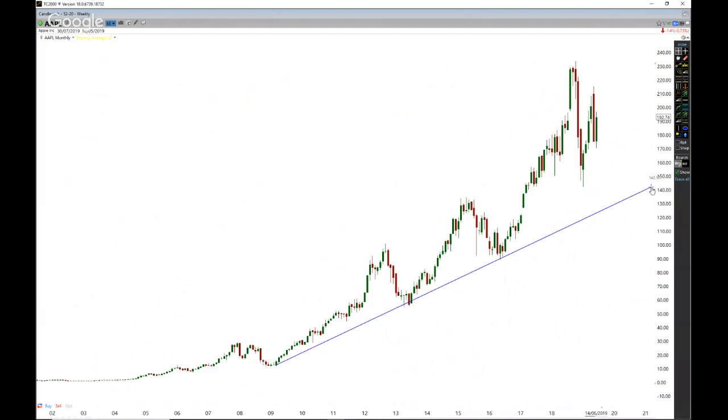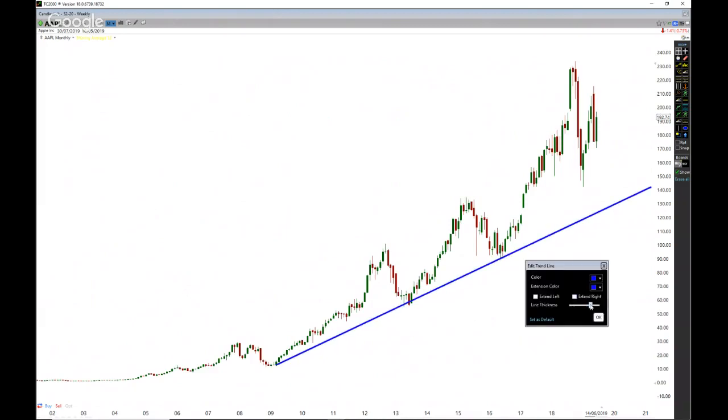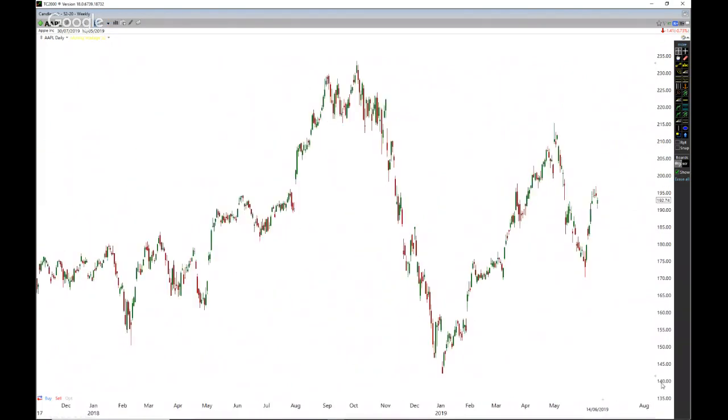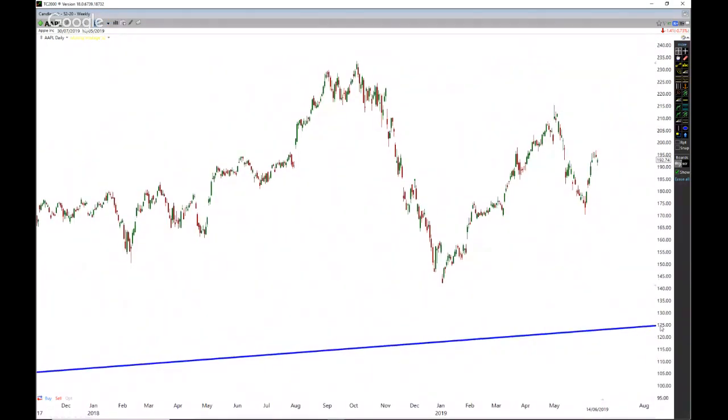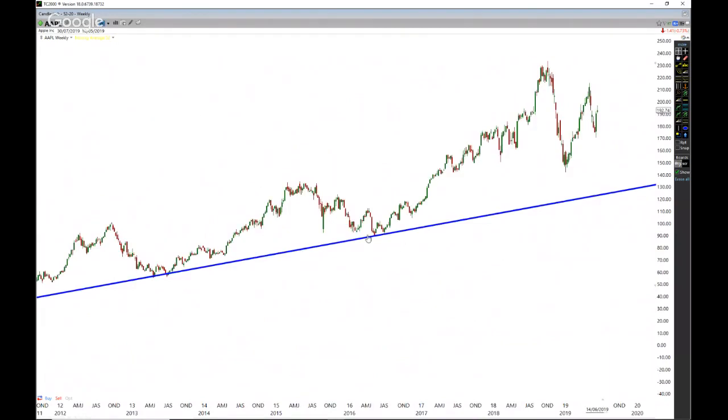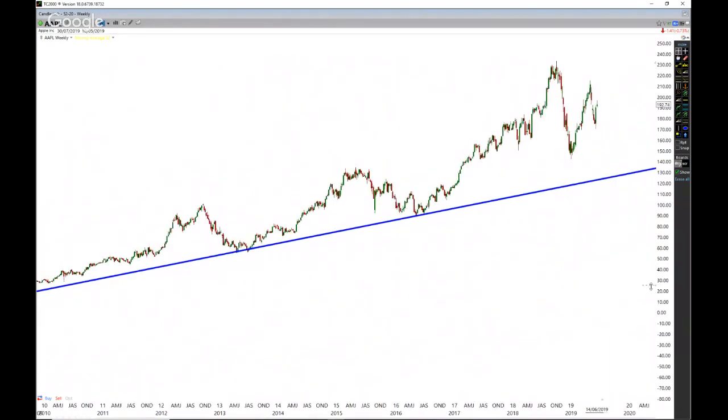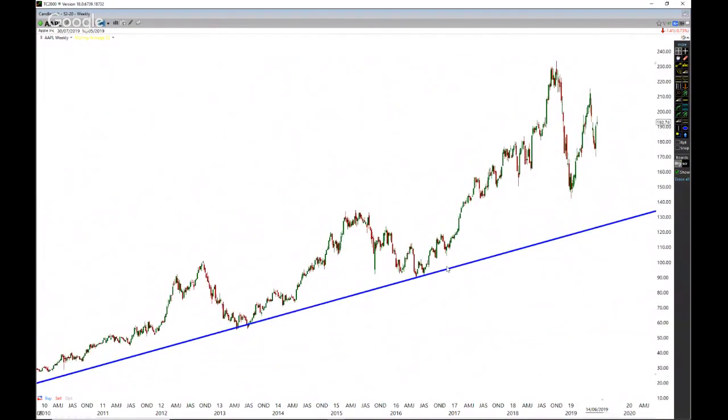Notice how that line through there is a pretty relevant line. We had a low point through here, then this low point through here, and then this low point through here. So if I make that a bit thicker, and I keep that on the charts, and then I go back to my daily charts and squeeze it up, if Apple ever gets back down to this level through here, guess what I'm expecting? I'm expecting some sort of support, because that's that long-term support line coming into play. Let's go back to that monthly chart again.